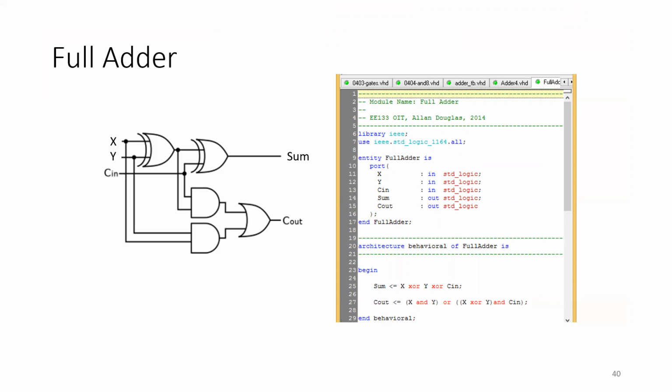I'm gonna build one full adder, okay? And I'm gonna use it 4 times, 8 times, 16 times. It depends on the number of bits that I'm gonna be adding together. So one full adder,